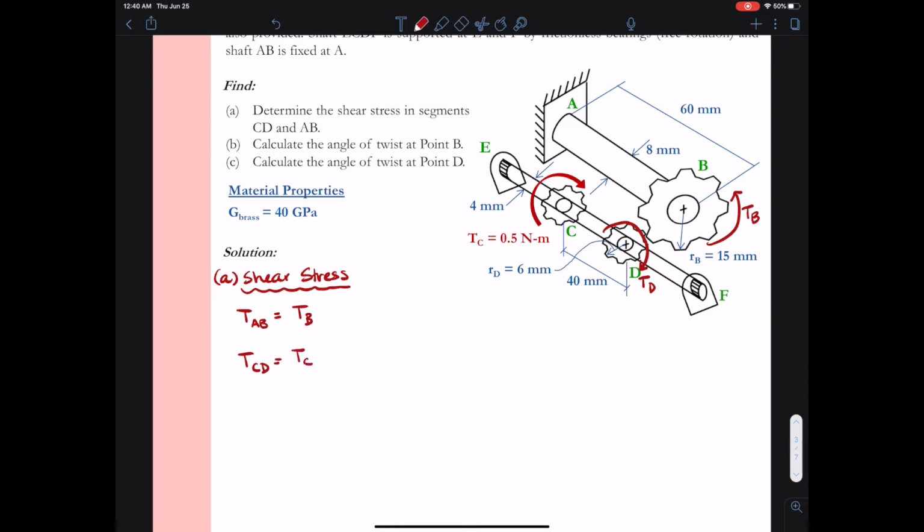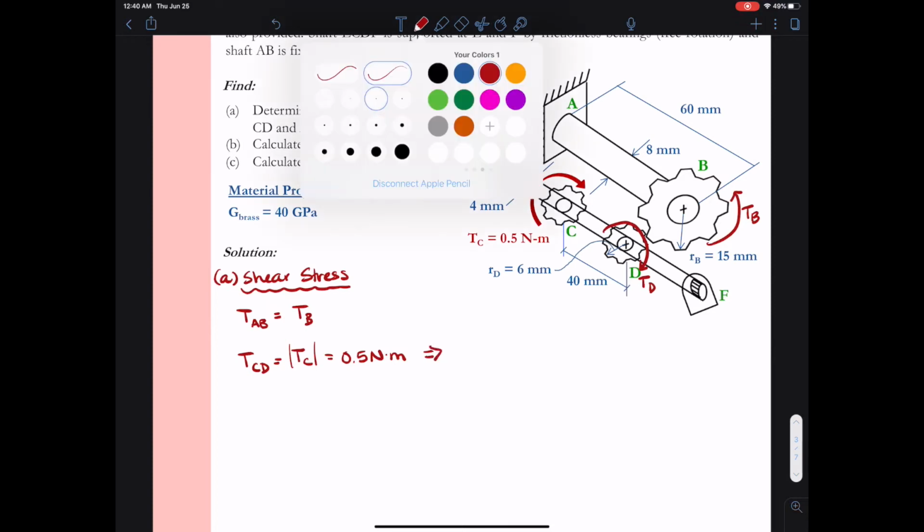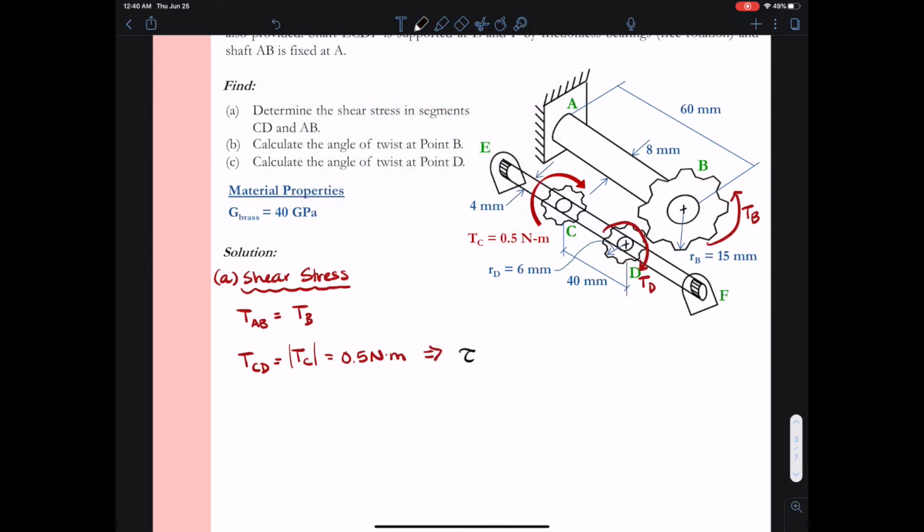In terms of our torque along segment CD, we know that whatever torque is being applied at C is also being transmitted to D. And so our torque along that segment is going to be 0.5 newton meters. I've gone ahead and put absolute value signs on it because, as we're isolating a spinning system, it's a little bit hard to keep track of our directions. And when we talk about shear stress, whether it's spinning clockwise or counterclockwise is not as critical, because, at least for most metals, the shear strength will be the same